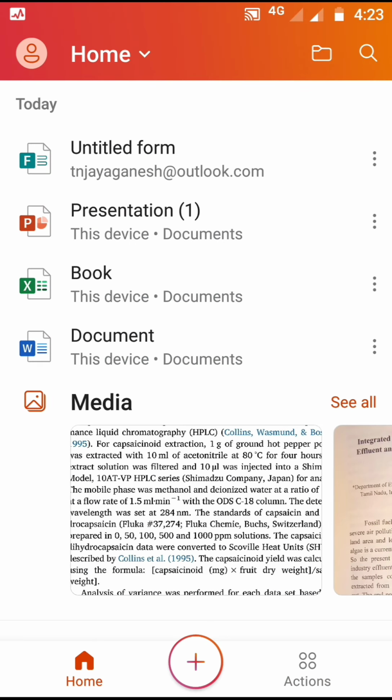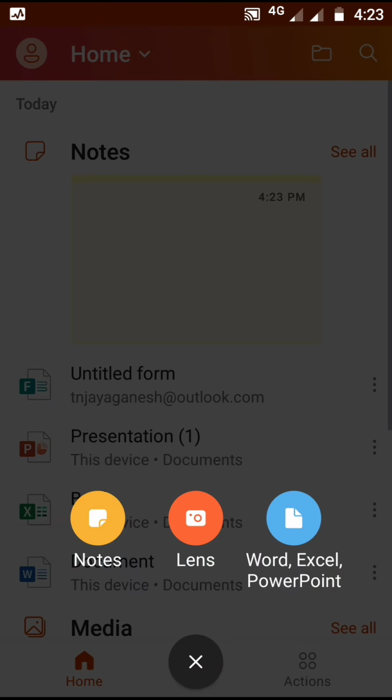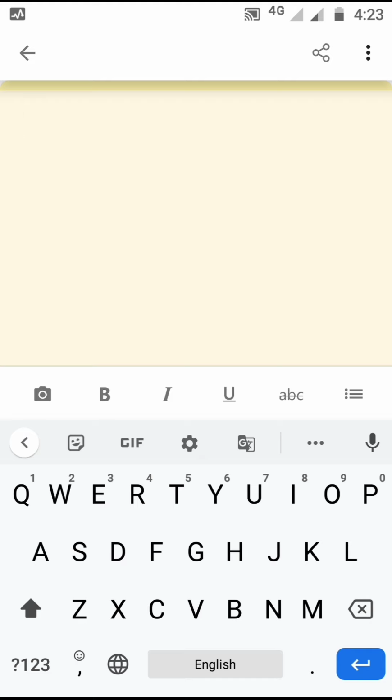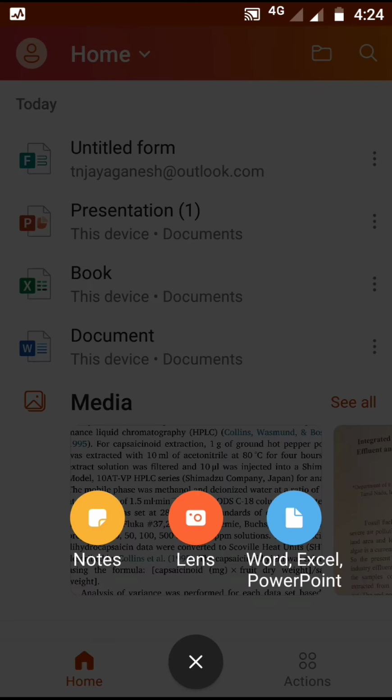In this plus symbol, add session, first we are going to see the notes. In these notes we can take notes, we can include an image, or by capturing an image we can insert it into that. What we have seen in keynotes we can do with this. And then again in this plus session we are going to open the lens.